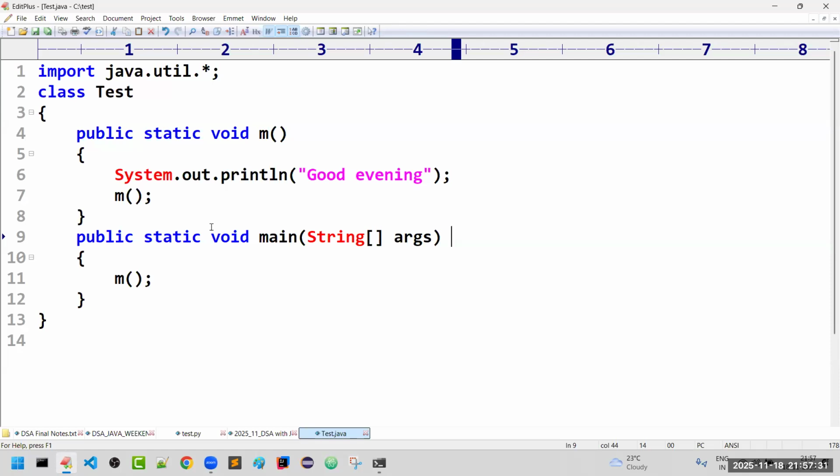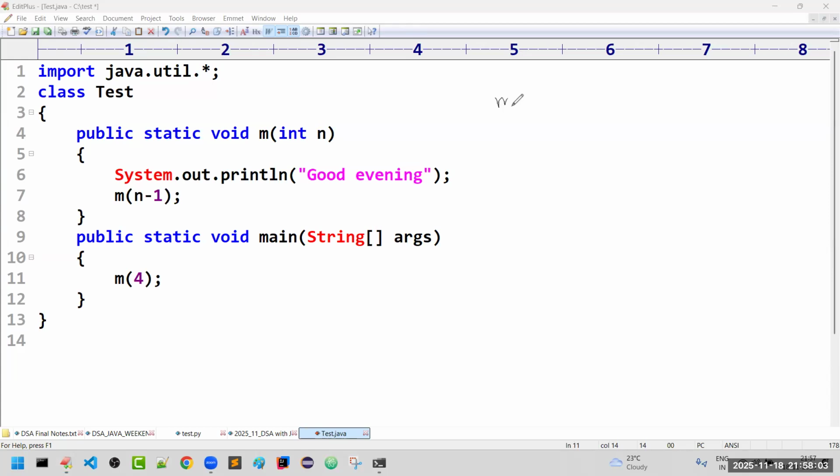Right. Now, how to stop this, sir? Can you please stop this good evening message after 4 times? What I will do is, here I will pass one parameter. This is very important, sir. How many times you need? Can you please pass that number? At the time of receiving also you have to take. Now, first time printed. Then you need to reduce the value, right? How you can reduce? N minus 1. That's all. Now observe carefully.